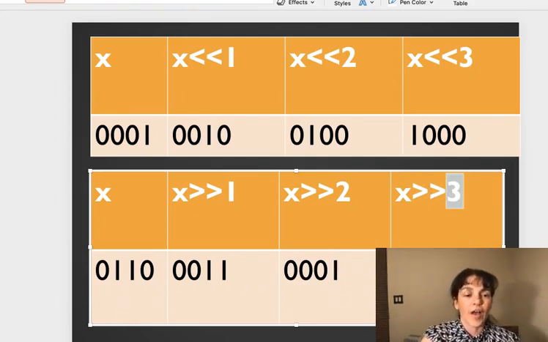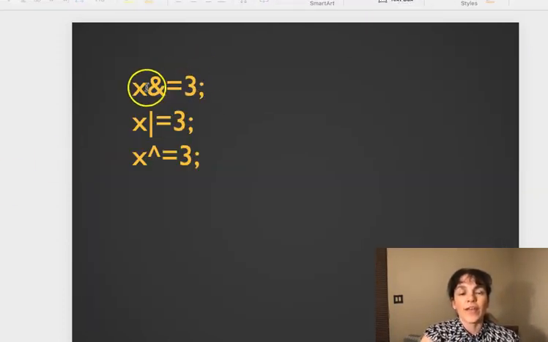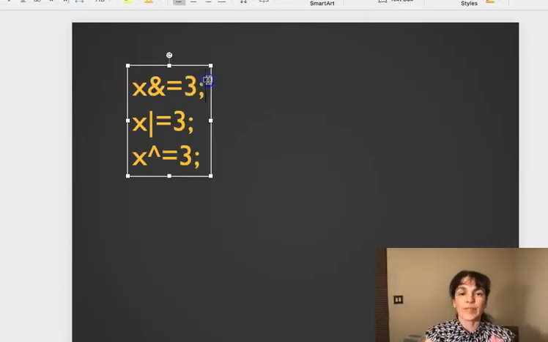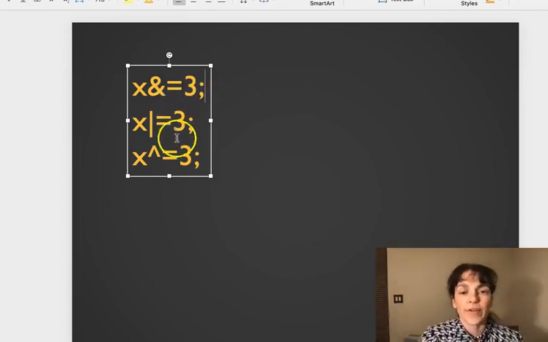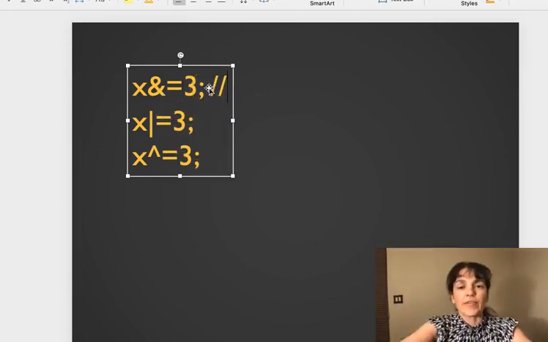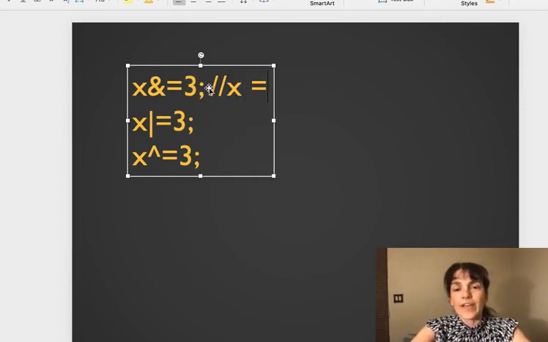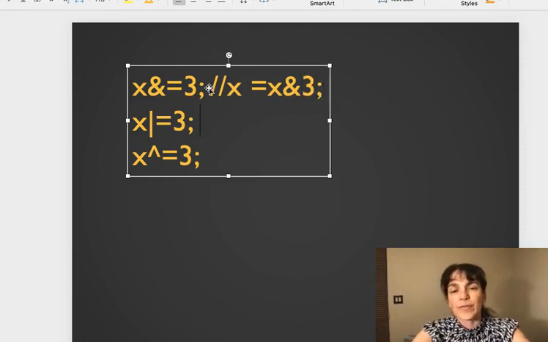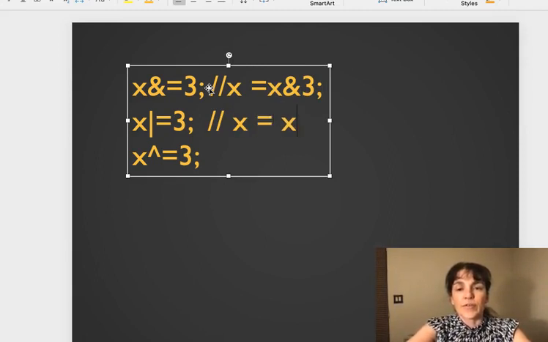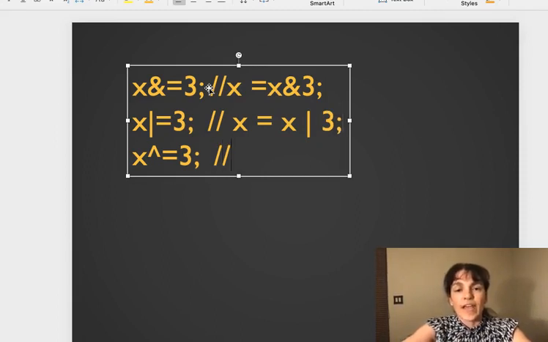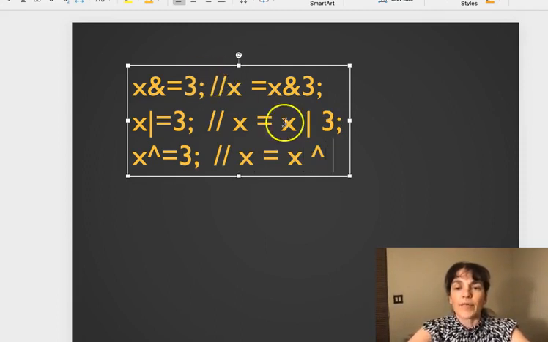And we also have compound operators. You can do a shortcut assignment: bitwise and assignment, bitwise or assignment, and exclusive or assignment. It would look the same as if you did the new x is equal to the old x with a bitwise and of whatever your number is. It doesn't have to be 3. I just picked 3. And here this would be saying the same as x is equal to the old x, bitwise or, and then whatever your other number is. And this is the same as saying x is equal to x. Let's see, that one was just a bitwise or. This one is an exclusive or with our